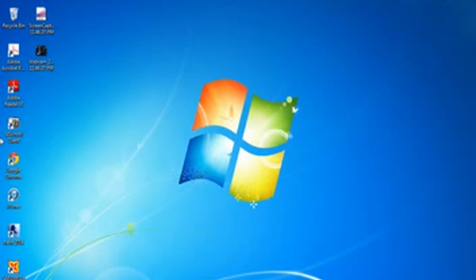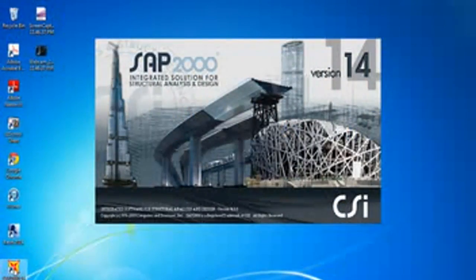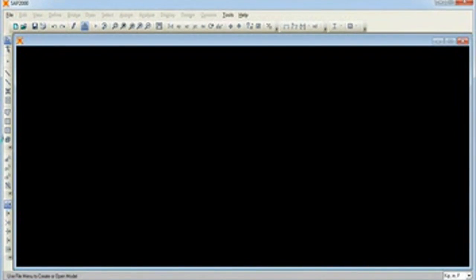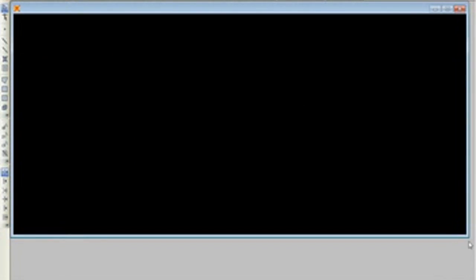Hello friends, welcome to the 6th tutorial of SAP 2000 V14. Today I am dealing with a shear wall and its interactions. And the example which I am taking from the help options is